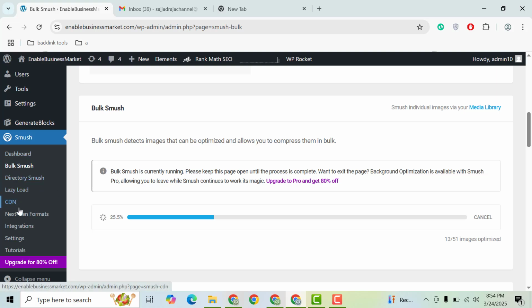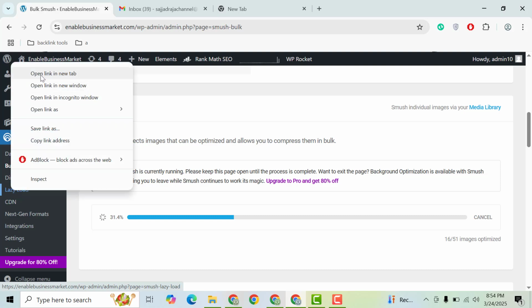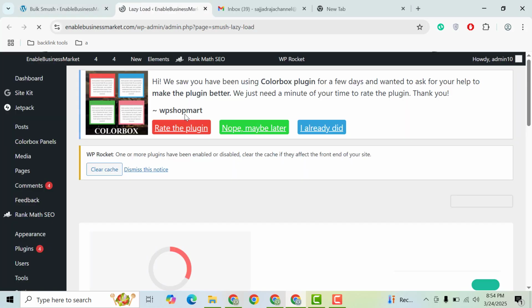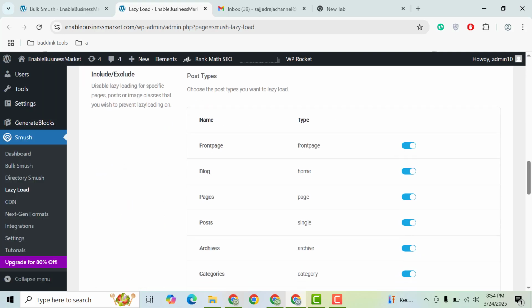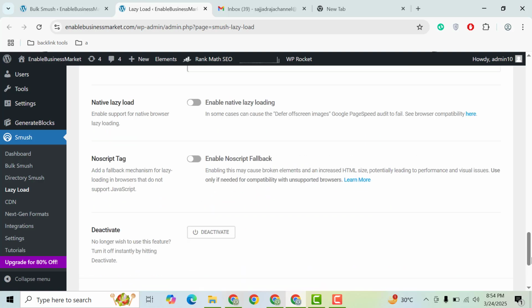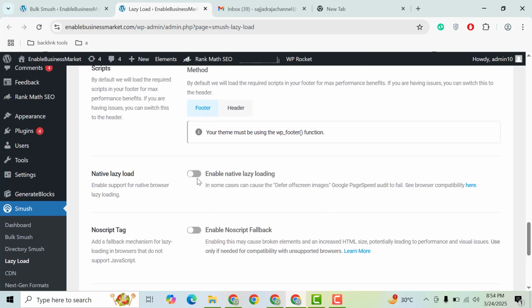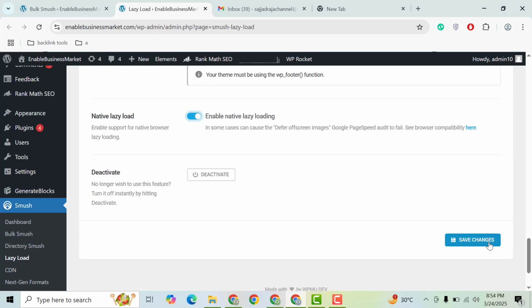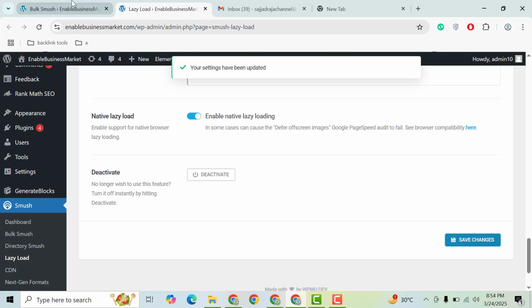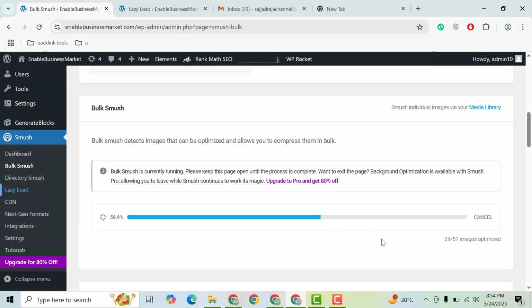And now you can go and check the plugin settings. For example, if you want to enable lazy load, just go to the lazy load settings, and here you can enable or disable. Here you can see this one, and click on save changes. So it's almost 60% complete,